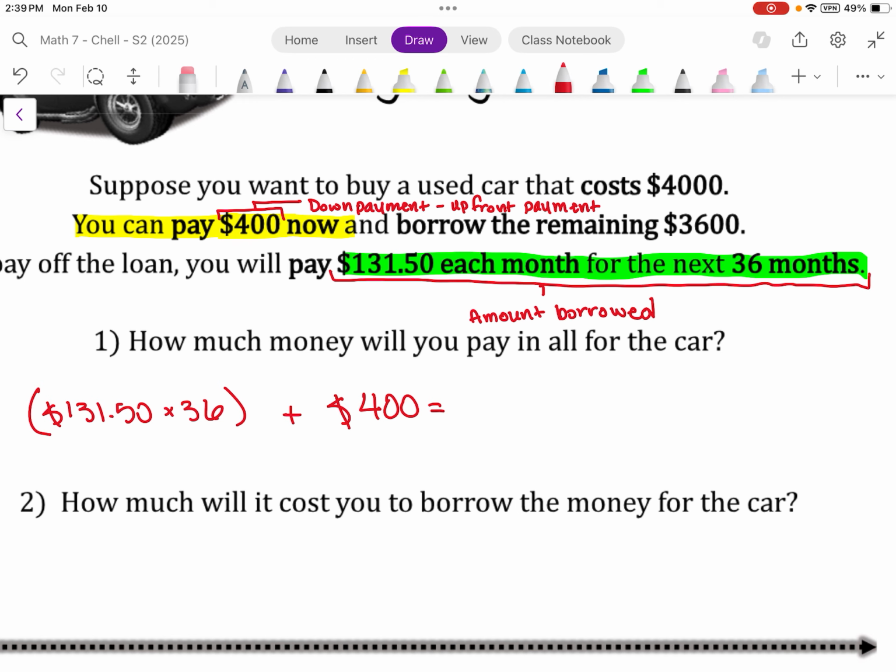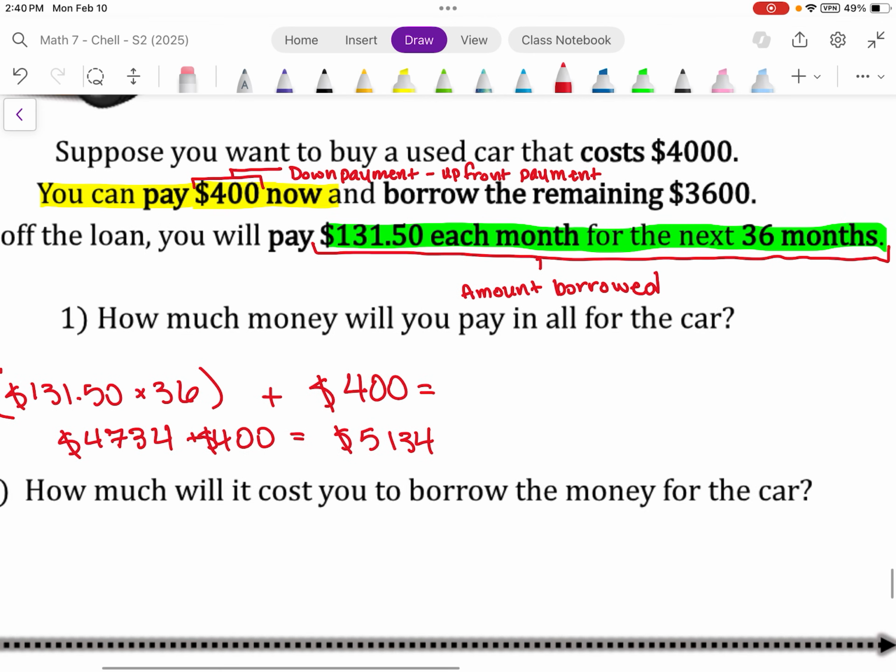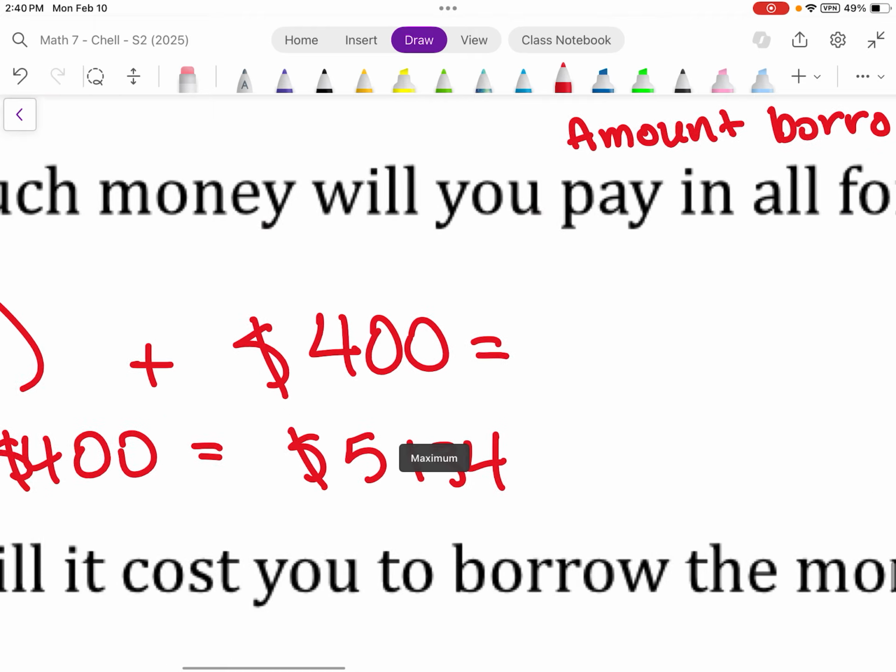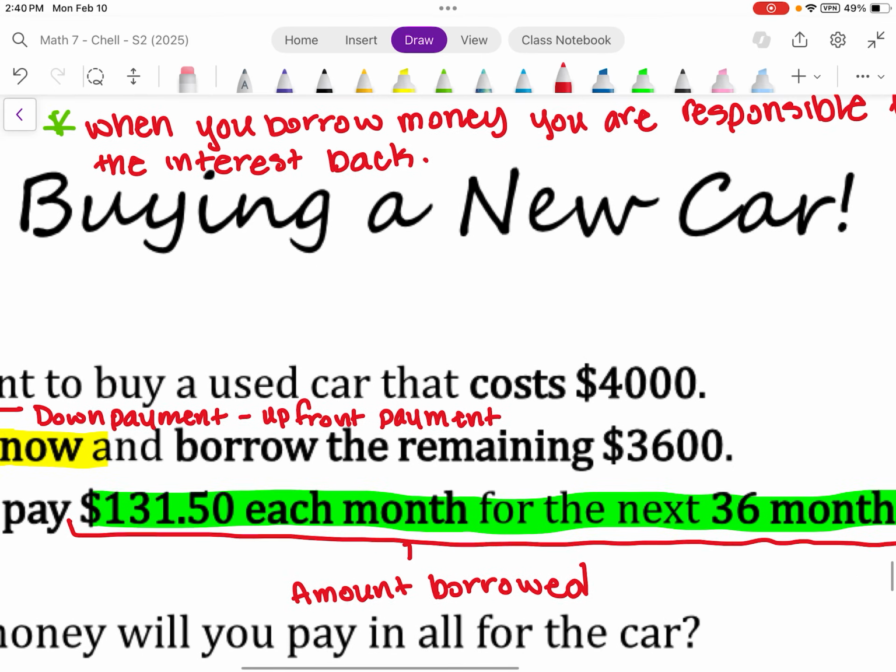So now let's multiply that together, okay? So we're gonna get $4,734 plus our upfront or our down payment, and that together is gonna equal $5,134, okay? So as you can see, we did end up paying a little extra rather than the actual $4,000